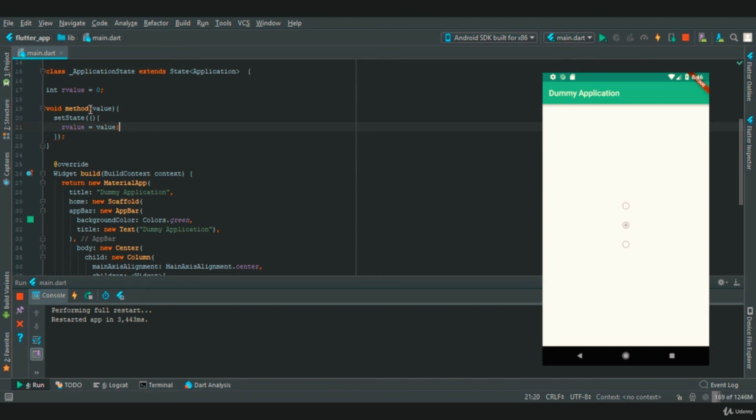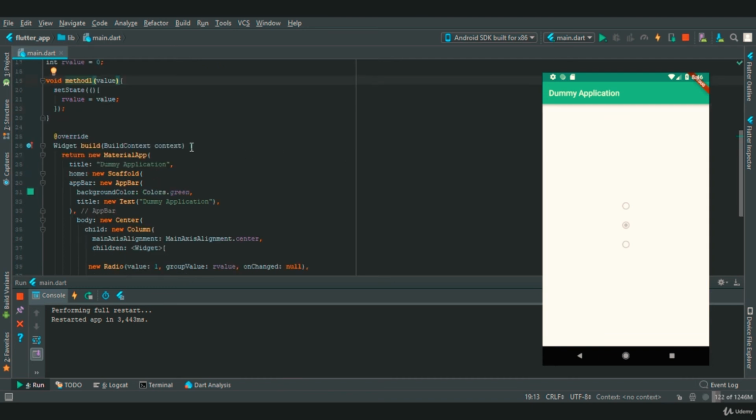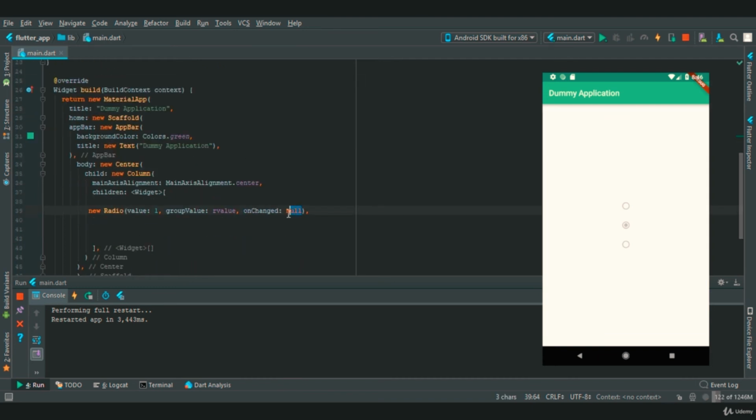Now we have successfully created method1. Now in onChanged, we will create a function. In this function, it takes int, and let's assign a variable as rval. And what we want is, we want to input this value in method1.